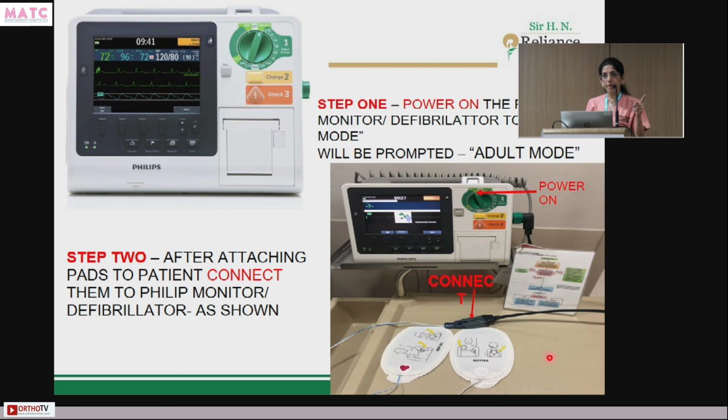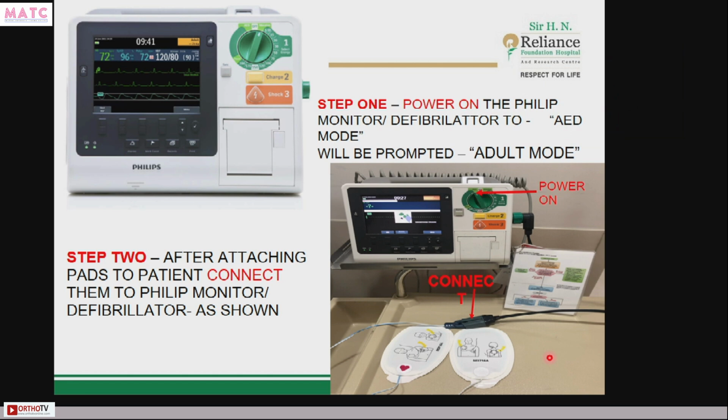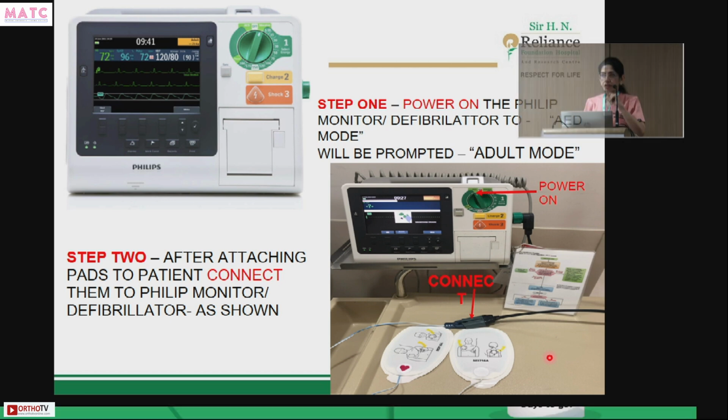If it's a shockable rhythm, then give the shock. The machine will prompt you; it is an automatic prompt, so it will prompt you, shocking the rhythm. When it is shocking, you say, I stay clear, you stay clear, all clear. So make sure that everybody is away from the patient and nobody gets electrocuted. That is the most important thing. Make sure that everybody is away and then give the shock. Once the shock is delivered, after that, switch the roles.